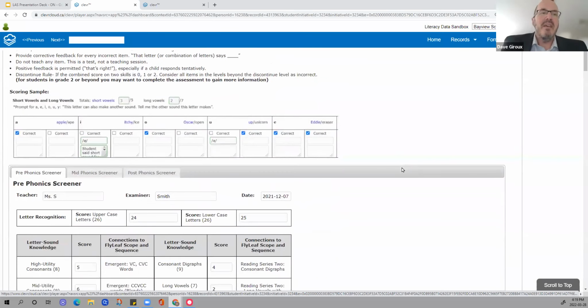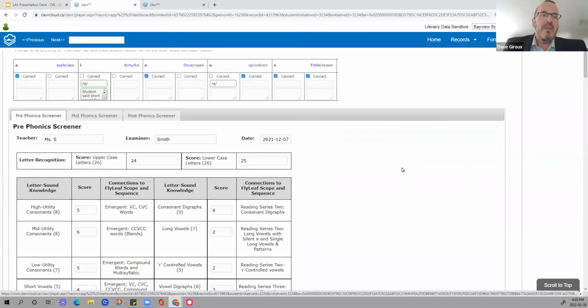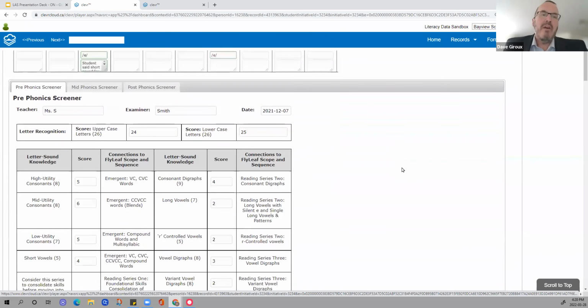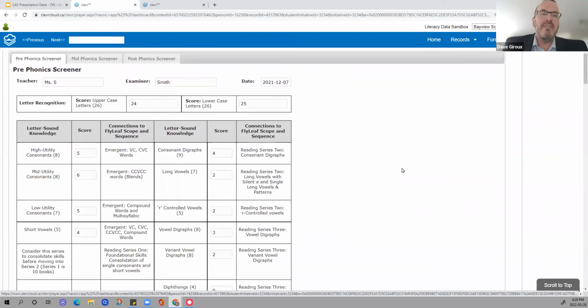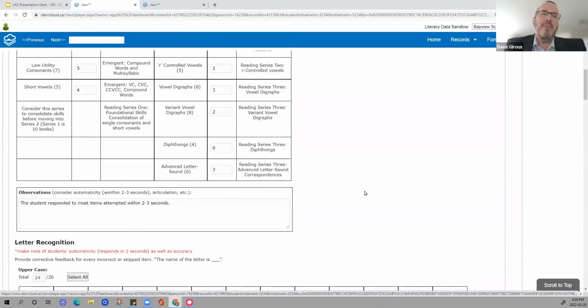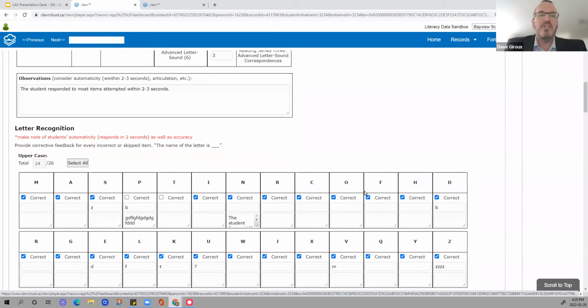But in this case, they have it designed in the pre-phonics screener so that they have things like high utility consonants, and they do some assessments around that. They do short vowels, they do everything from digraphs and diphthongs. So they have questions that ask the student, and they have them all put in there. They have a pre-phonics screener, a mid-year, and a late year, so they can actually do it 3 times a year,